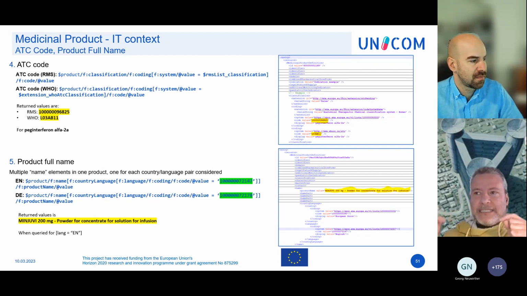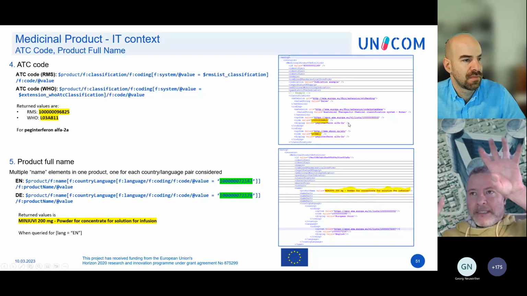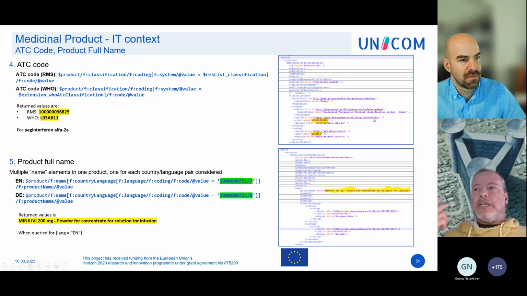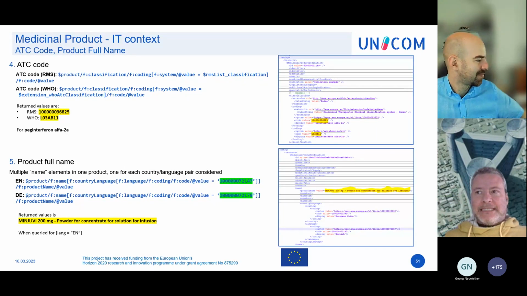And the difference is that, once again, what changes is the system. Because please remember, a coding is always this element has this property according to this classification system. In this case, we are using two classification systems, so we have two different URLs for the system value. But in both cases, we are interested in the code value.